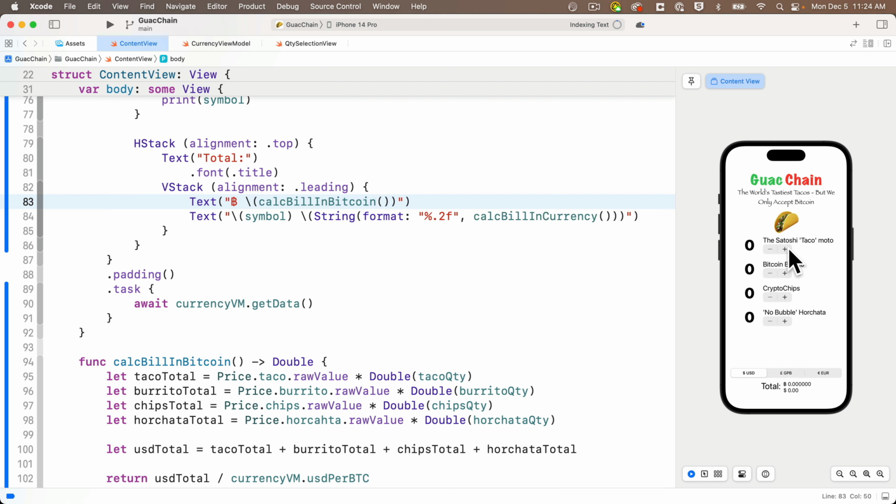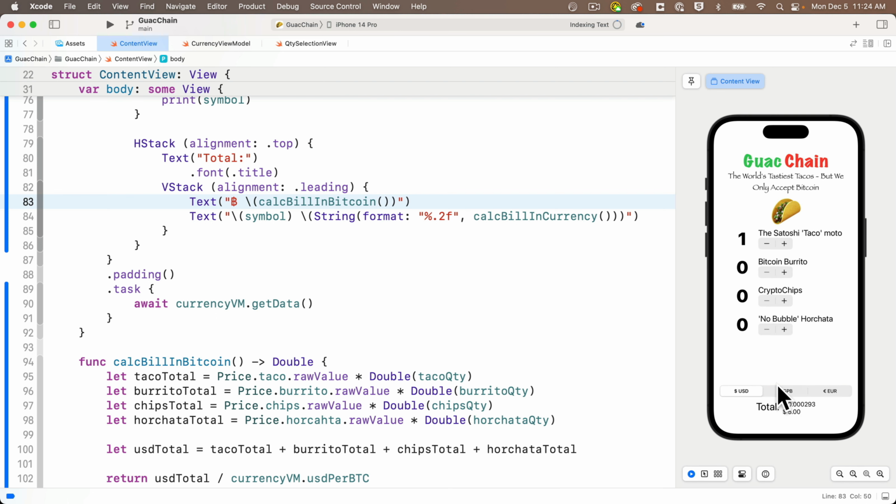Let's live preview this bad boy, and look at this. As we change the various different values with the steppers, the quantity values, we see the Bitcoin value is changed. When we click on the different currency values, the Bitcoin value, as we expected, remains the same, but we are converting it to the other currencies. The app works great. Hopefully, Swifter, this went well, and you can really celebrate what you learned during our semester